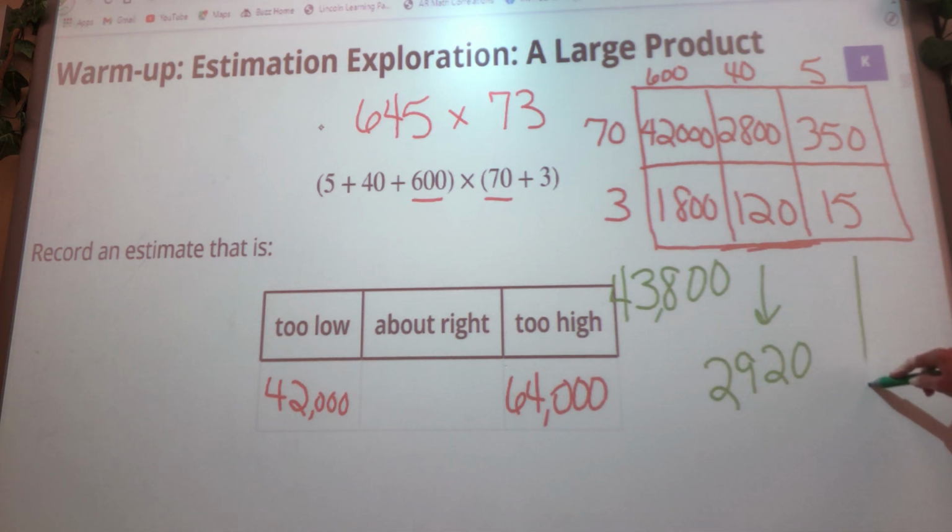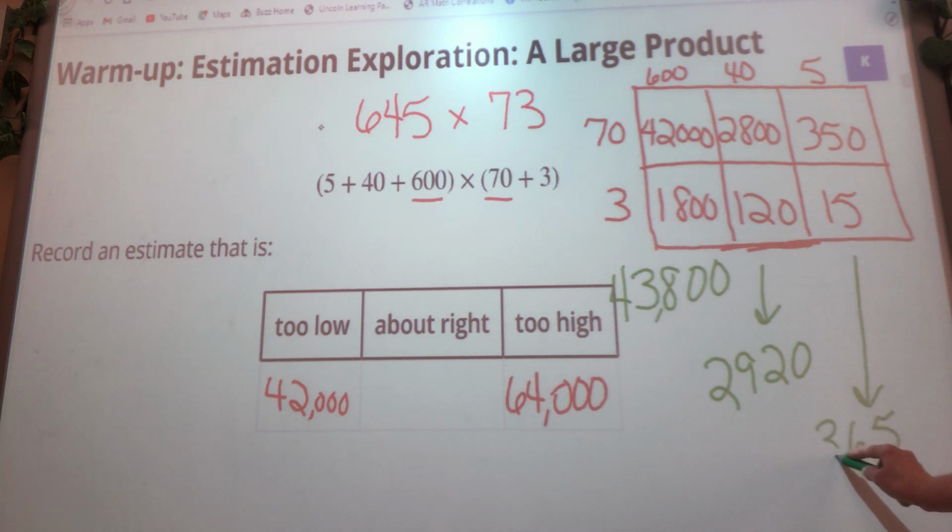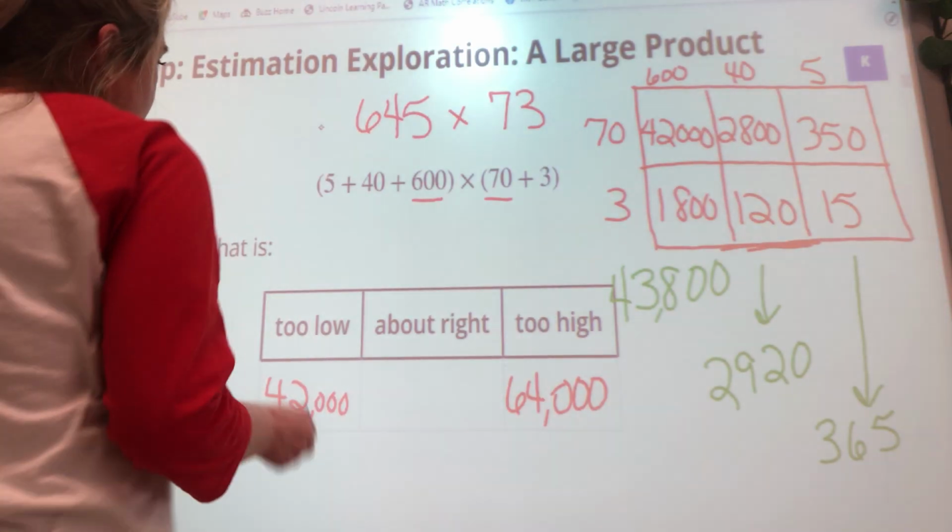And then we'll drop down a little further for this one. In the ones place, we have a 0 and a 5. In the tens place, we have a 5 and a 1. And in the hundreds place, this is the only one that has anything, so we have 365. So now if we add all of these up,